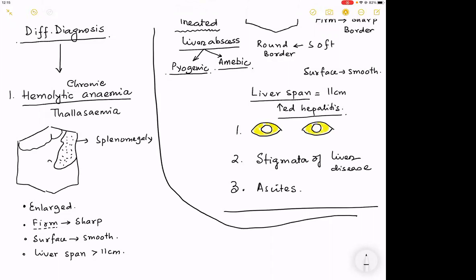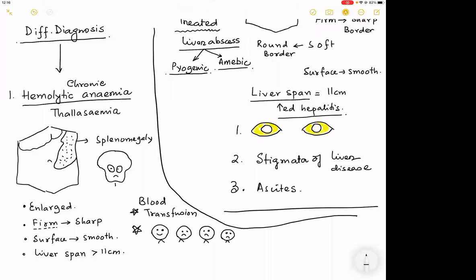And the examiner will ask you, why did you tell this patient has a chronic hemolytic anemia? Repeated blood transfusions. Number one, very good. The repeated history of blood transfusion, a pediatrics long case, very common. Number 2, typical facies. Before facies, sir, frontal bossing of the skull. What is the picture that I'm drawing? Pallor. Family.